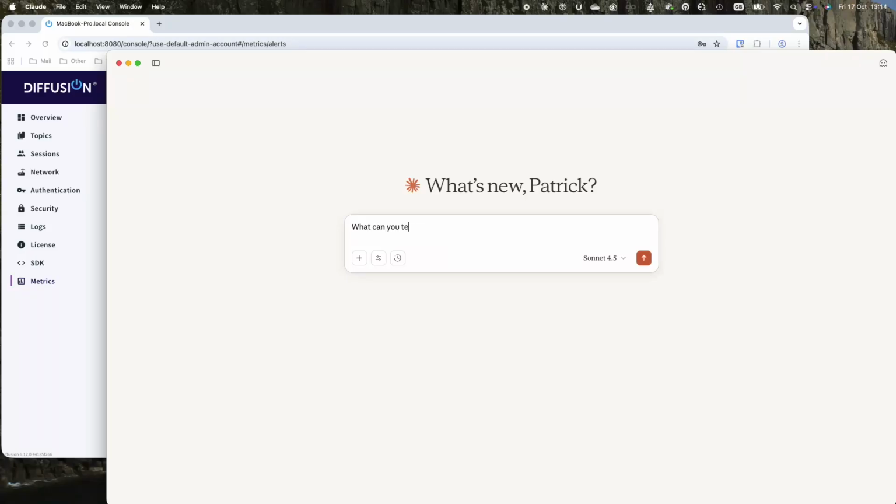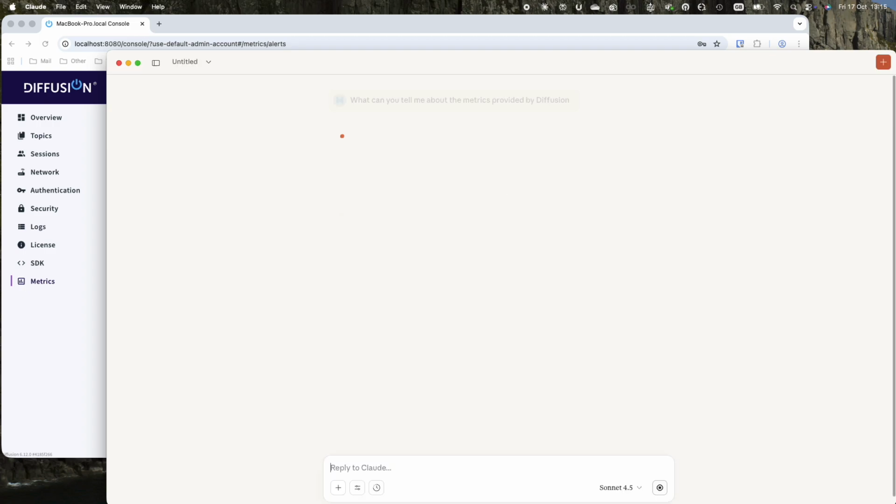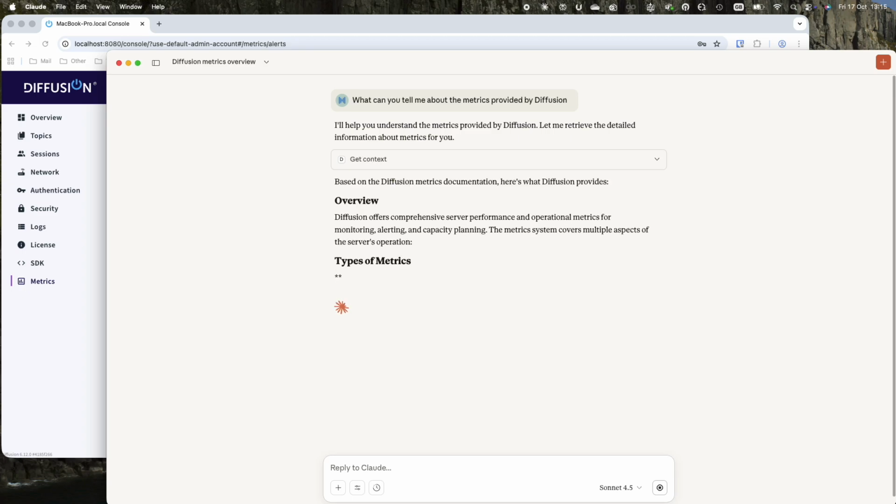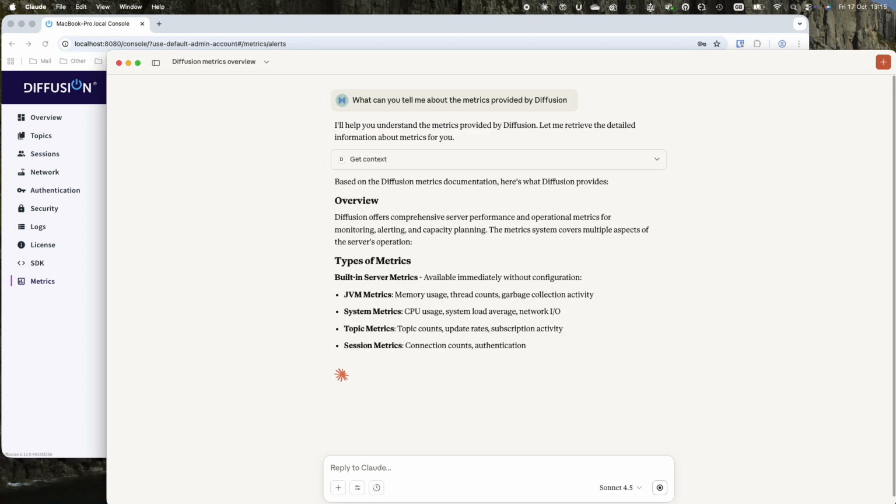Now let's explore metrics in the Diffusion MCP server. So I'm going to ask it, what can you tell me about the metrics provided by Diffusion? So it gets the context about metrics from the MCP server and tells you the types of metrics that are